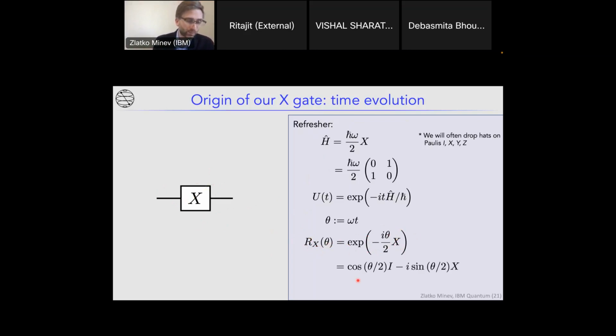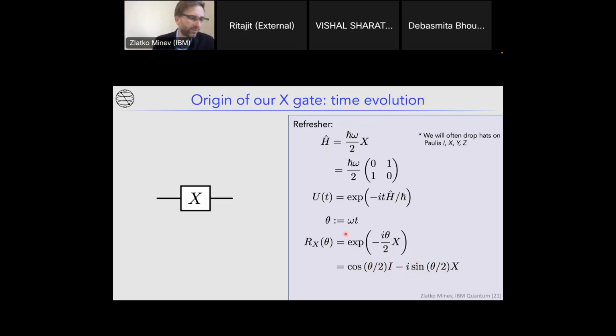The nice way to express this that ends up being very helpful is to look at the expansion of this exponential in terms of essentially Euler's formula, which tells you that all you're doing is in effect applying the identity and the bit flip operation to the qubit simultaneously, with some coefficients given by the angle theta. Now, the reason we're diving under the hood here and how this gate is actually implemented in practice